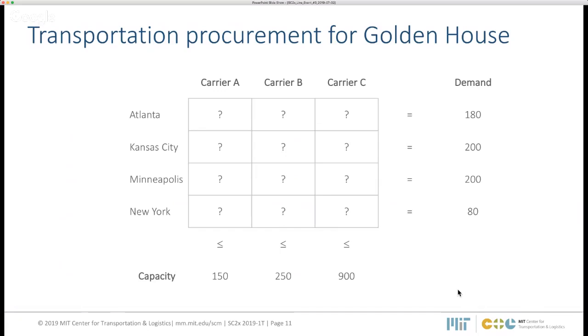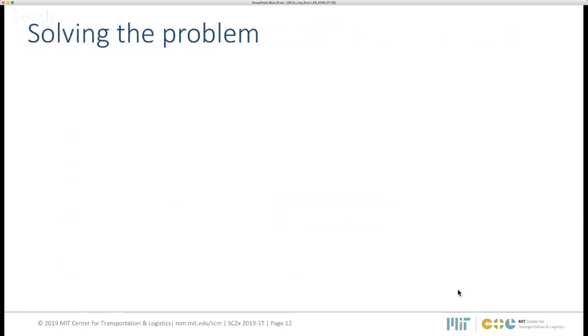This is something we need to keep in mind when we are allocating the trucks to the different carriers. So these are the only two constraints that we need to satisfy: demand and capacity. And of course, we would like to minimize costs. Then let's solve the problem.